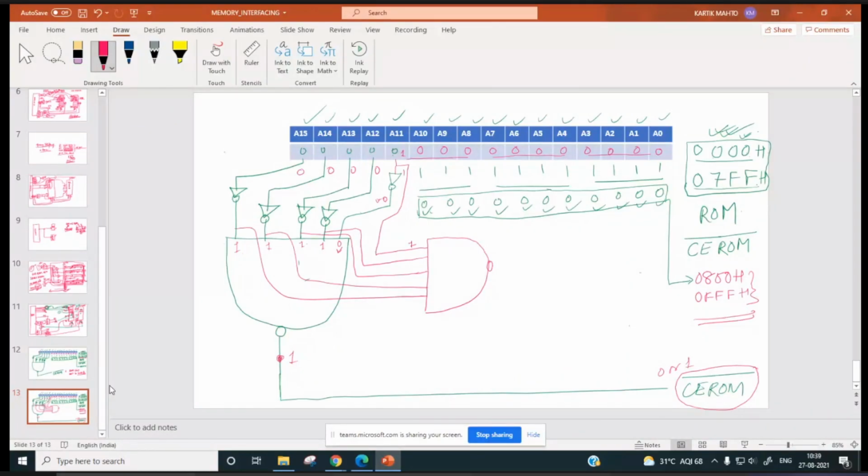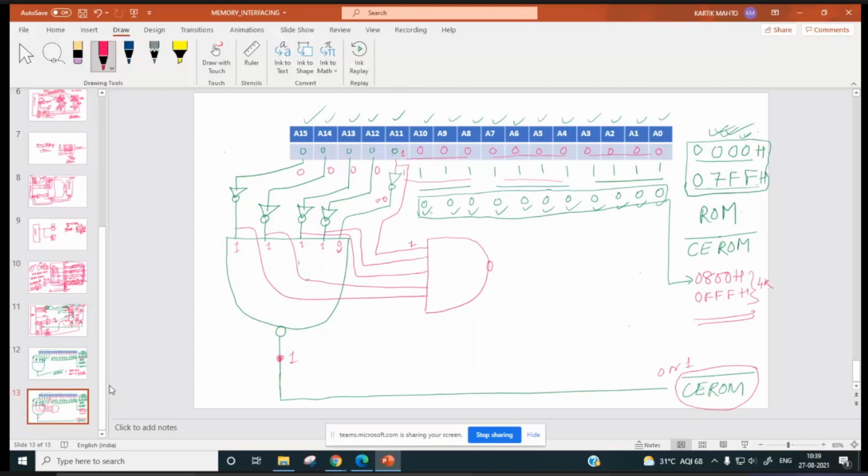This is for how much? 0800H to 0FFFH. Now if this bit is 1, so this will be F, this will be F, this will be F. So this is how much? 4K.